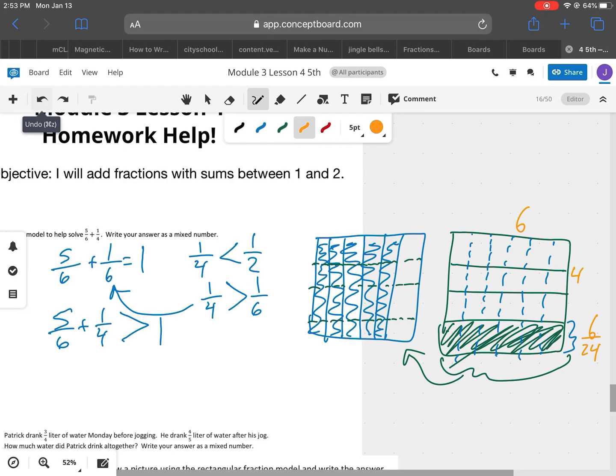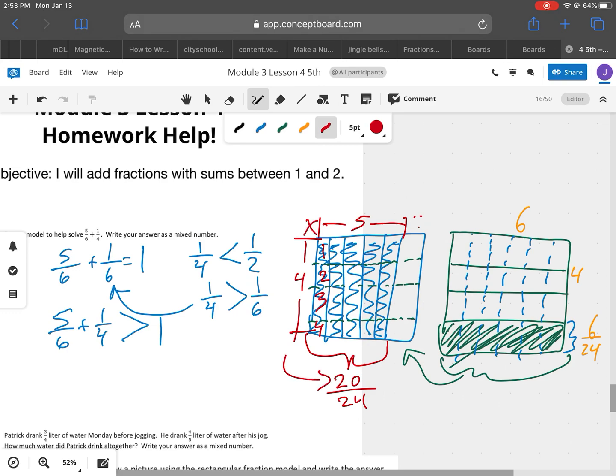So now we have this, which is equal to 1, 2, 3, 4, and it goes across 5. So that's 20 24ths. There's actually 6, but I'm not counting this one. From here to here, it is 5. From here to here, there are 4. That's how 5 times 4 equals 20. So I have 20 24ths